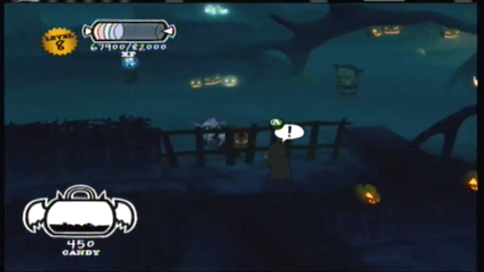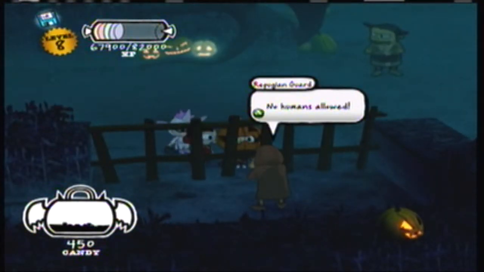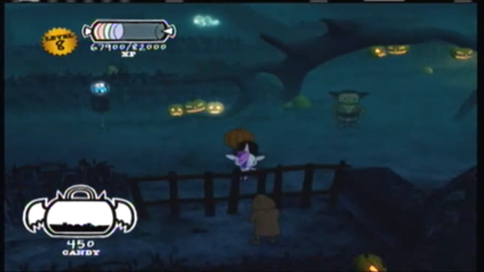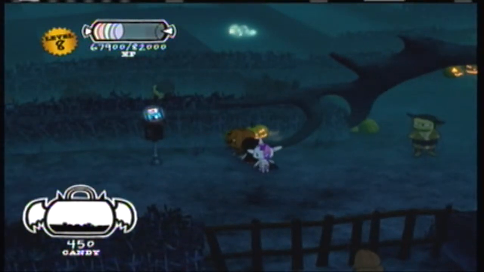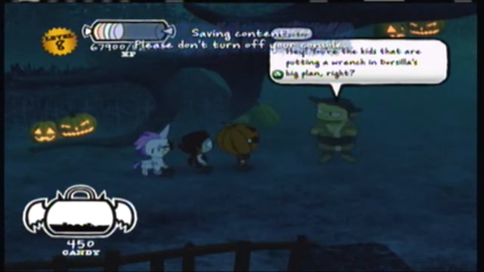Well, to tell you the truth, they're used to unlock a costume. Yes, there is a costume you get by getting all the creepy treat cards, and we can actually talk to the guard there, but he won't let us through. I save for good measure, and we talk to this guy,